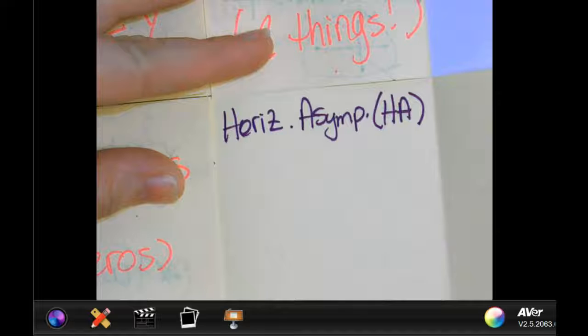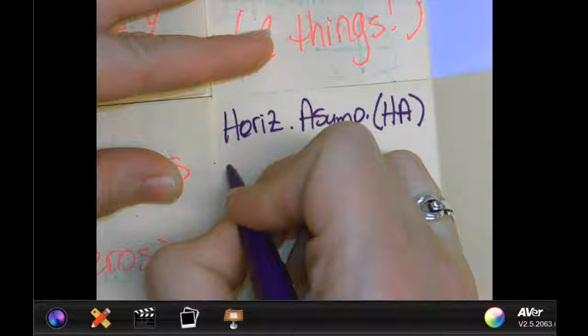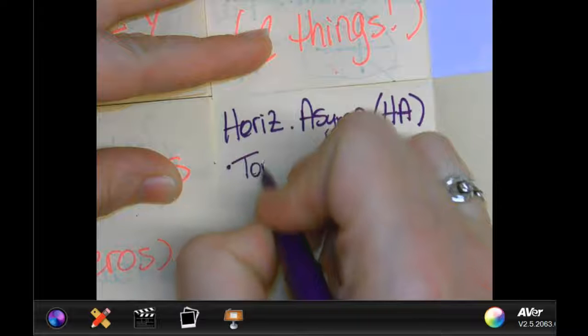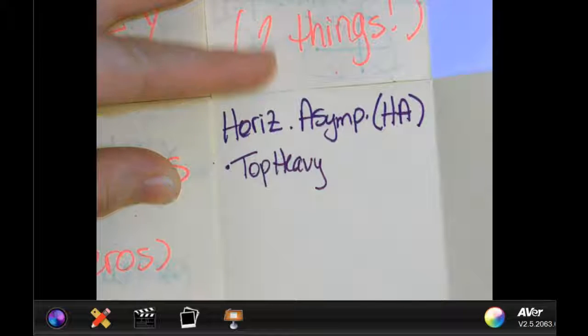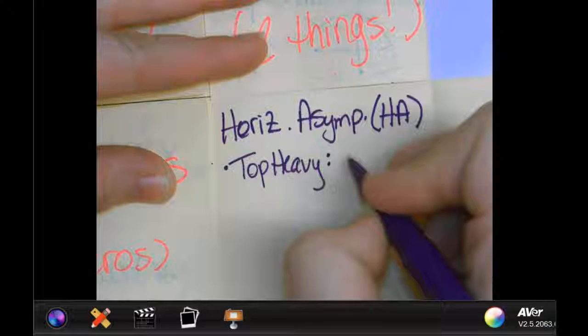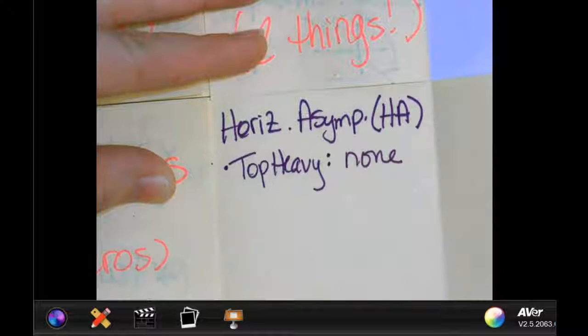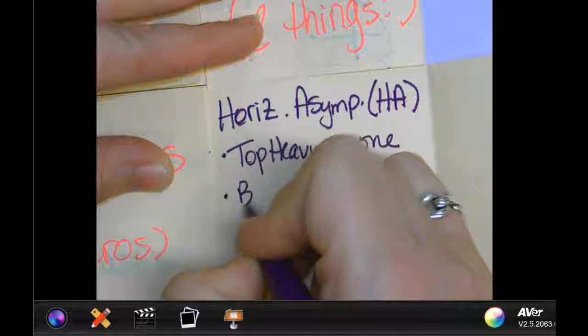And then there are three different things that could happen, and the horizontal asymptotes are treated differently. So if the function is top heavy, what's our horizontal asymptote? None. If it is bottom heavy,